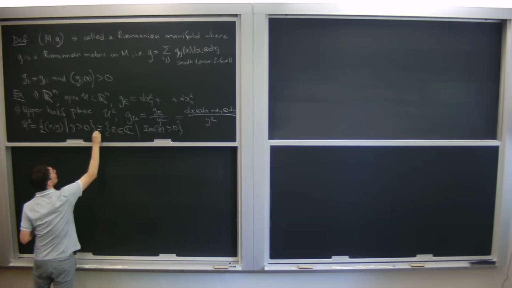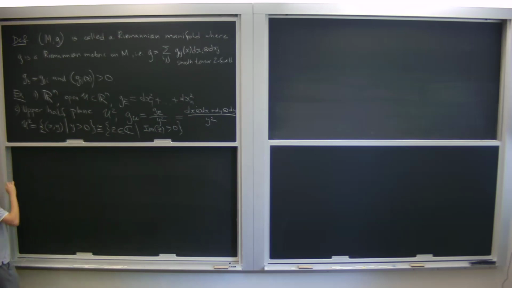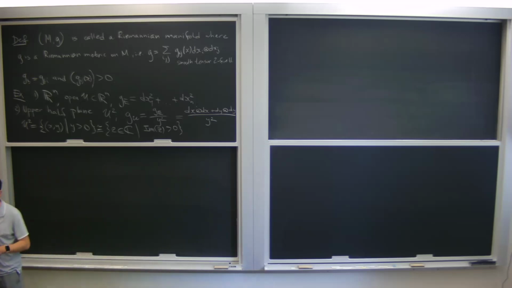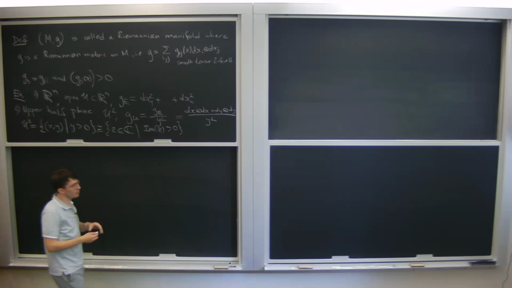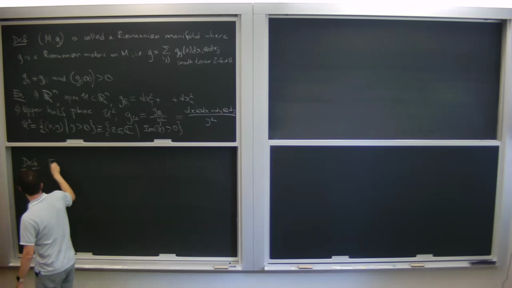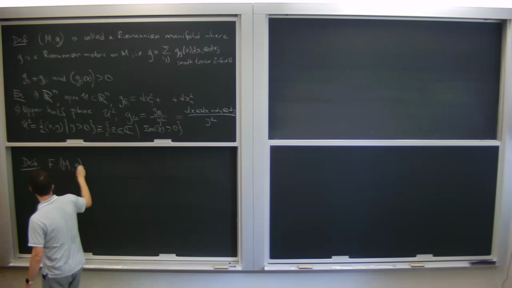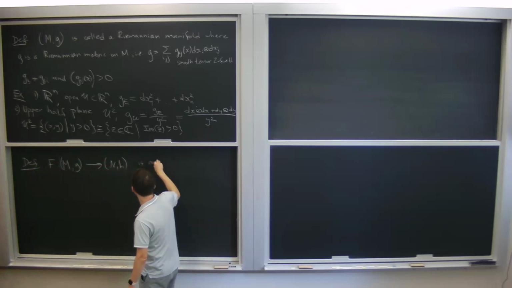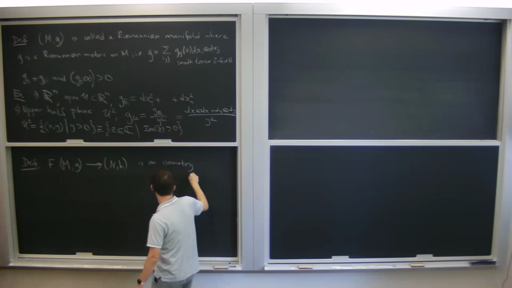We were also discussing geodesics, and I want to discuss geodesics in the upper half plane model in a bit more detail. But before moving to geodesics, let me also remind you that I defined isometries of Riemannian manifolds. You remember what isometries of Riemannian manifolds are? Yes, indeed it's one of the examples. Let me define it more generally again. A map F between (M, g) and another Riemannian manifold N with the metric h is called an isometry if